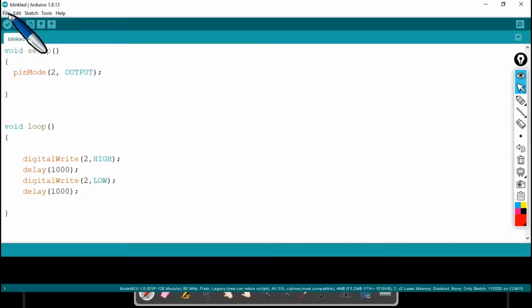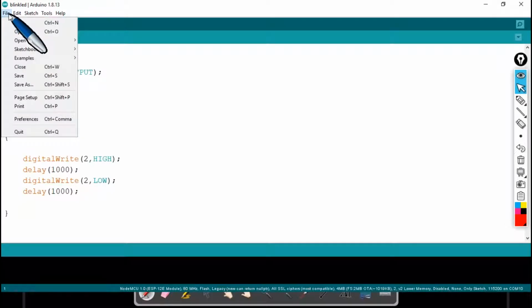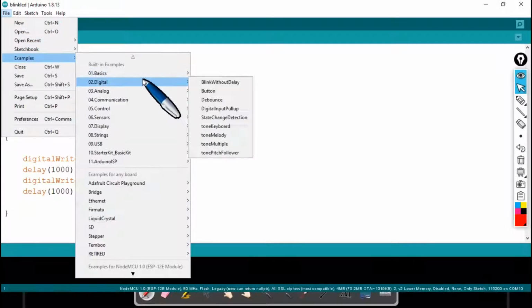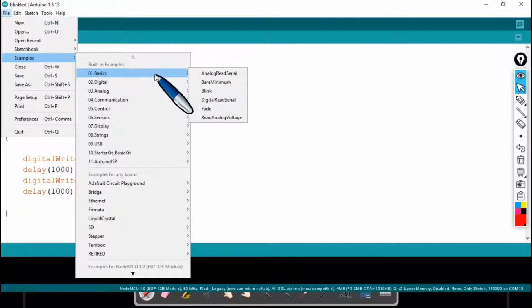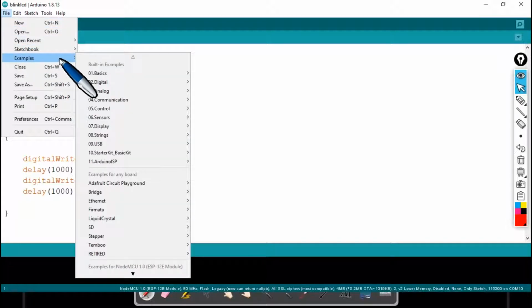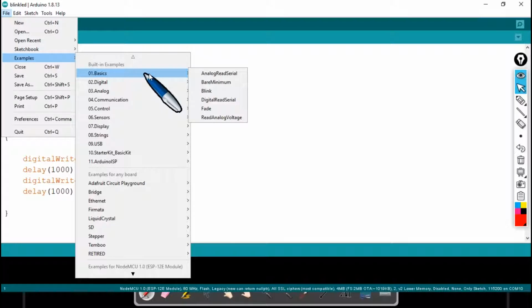Okay, well, now over here, this Arduino IDE is so powerful that it comes up with its own examples. So you need not worry if you are new, if you are a beginner, if you are a starter. This Arduino IDE is a bundle wherein it comes up with its own examples. All you got to do is go for File. After hitting on File, you can find Examples, and under Examples you can start with Basics, and under Basics you can go for Blink.